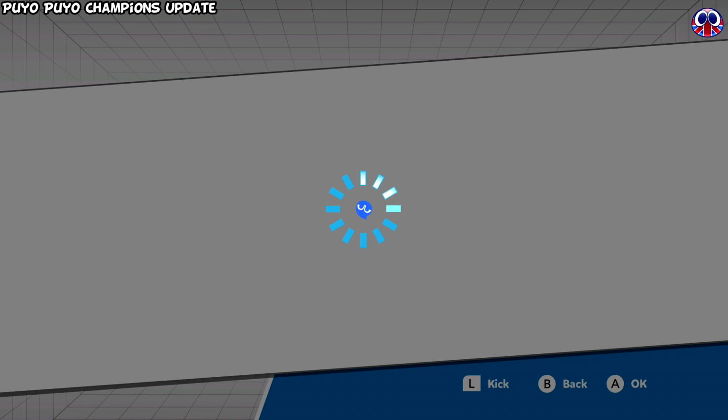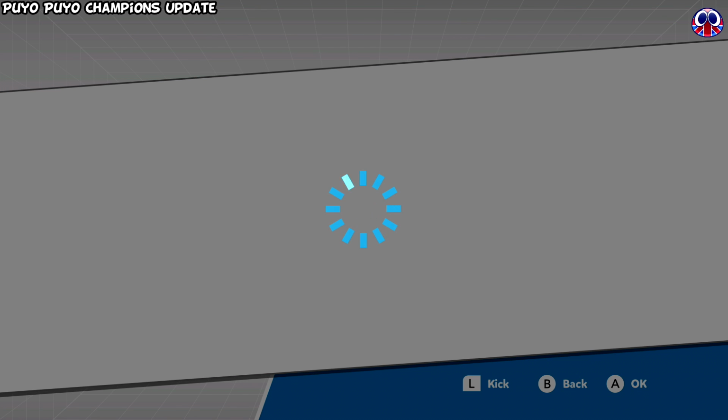I don't know, but we're dead. I think it's more than a soft lock. I think it's actually properly hung. Because I've got a pinwheel of death here. The blue Puyo is just dancing in our face. My Switch is stuck. We're all just...